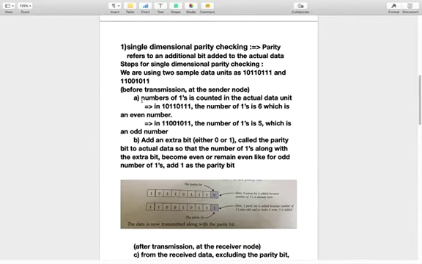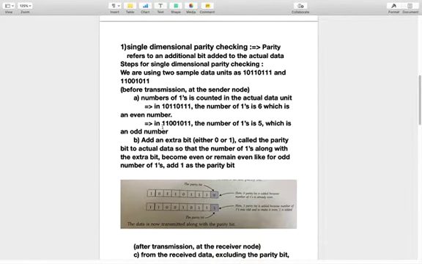The first step is the number of ones is counted in the actual data unit. In 10110111 the number of ones is 6, which is an even number.